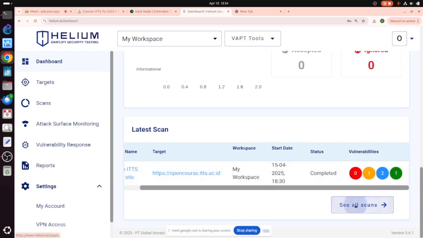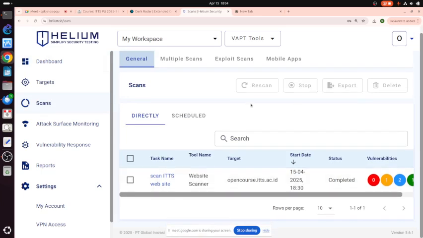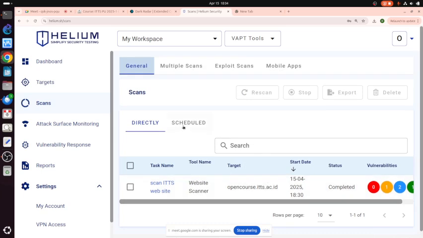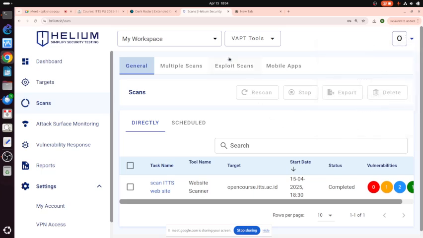Status completed, see all scan. Export. Nope. I cannot export the report. Okay, I'm stopping here. So it finished, but basically it finds something in my website.